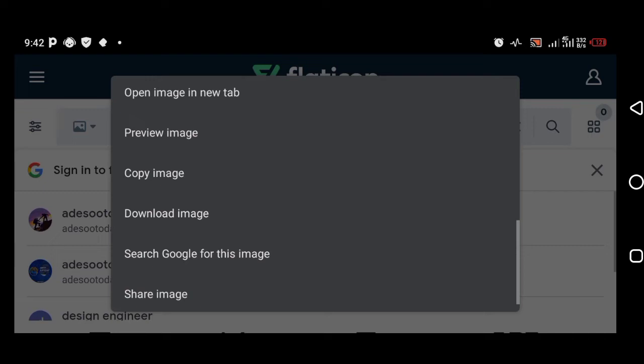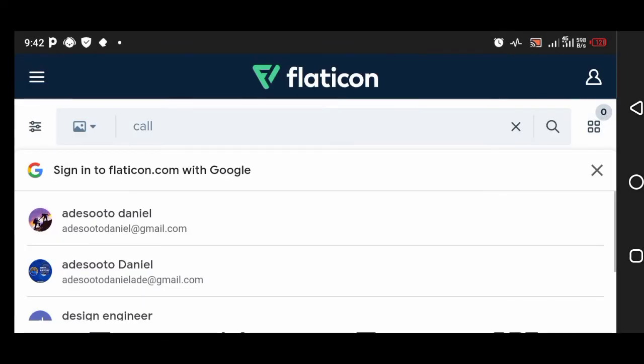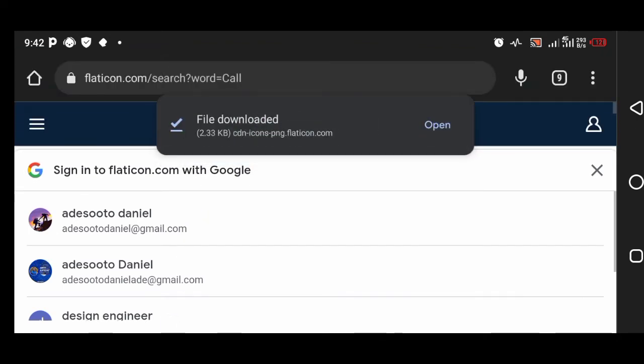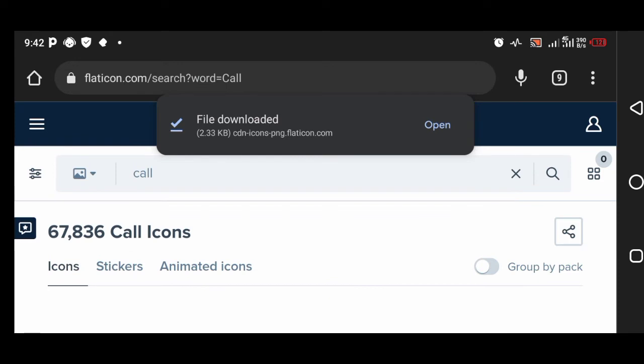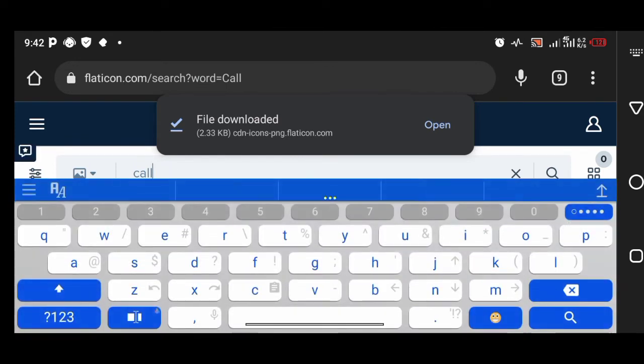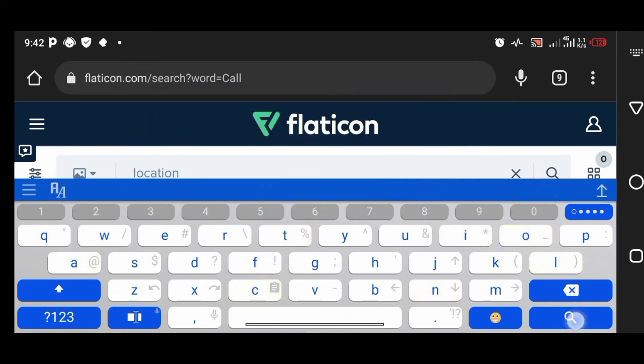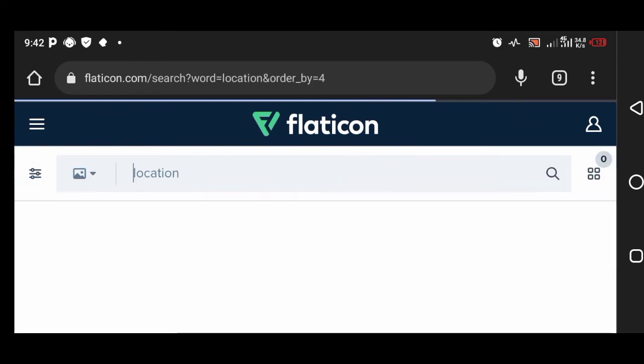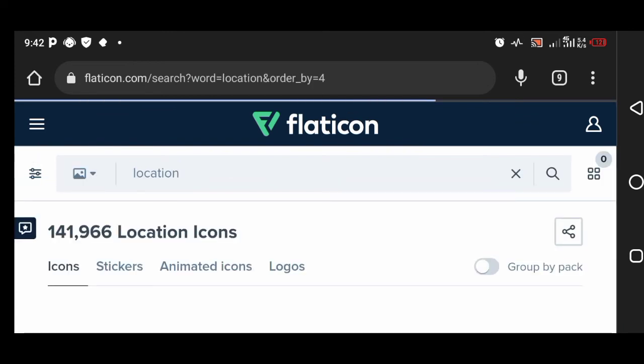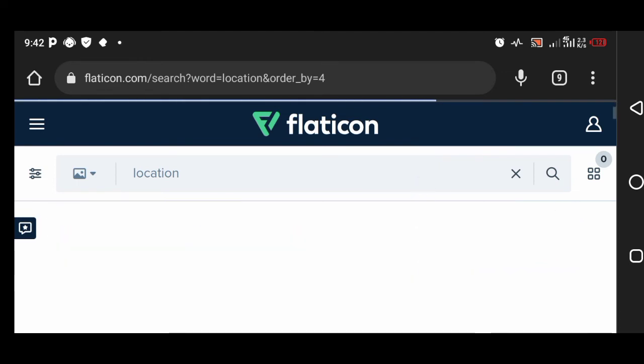Okay, download this. I already downloaded this. Let's try another one. Location. You already know what you are trying to search for. So it's loading. You can see